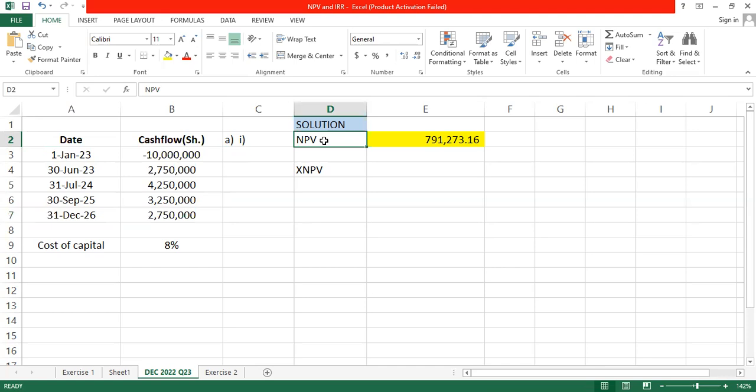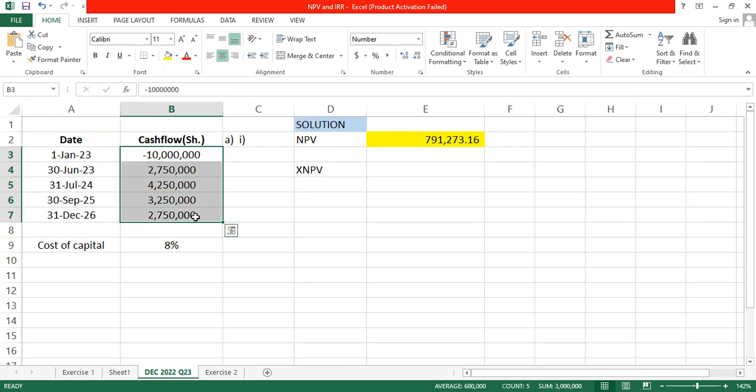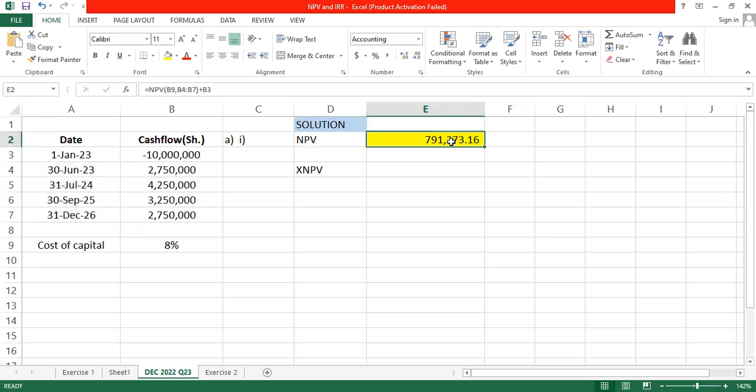Why? Because NPV does not take into account these dates. In computing the NPV, we purely considered the cash flows only. We did not make reference to the dates, because NPV assumes that they are what? Regular. So the NPV we computed of 791 is therefore not very accurate. To make the NPV accurate, we introduce the concept of the